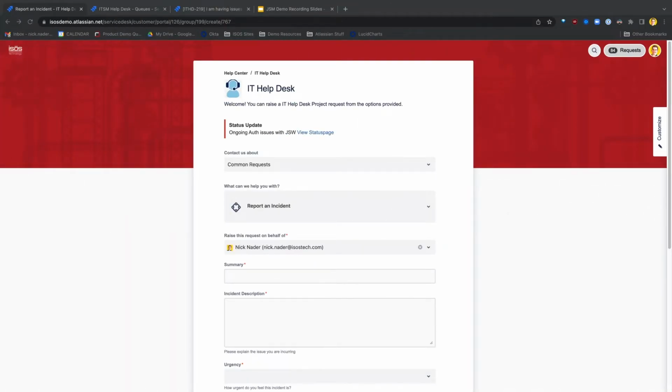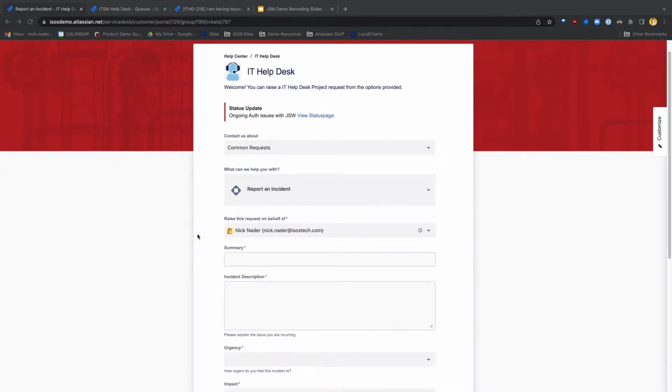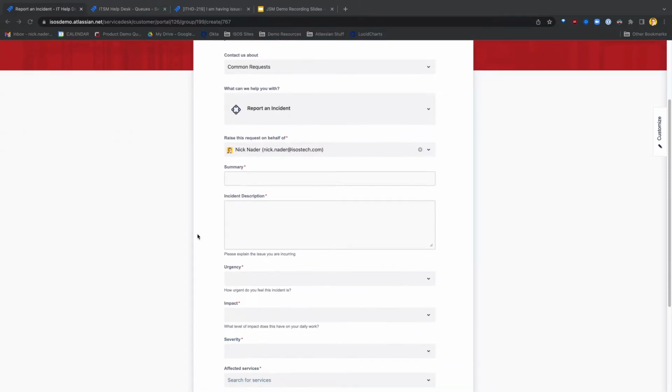The next topic I wanted to discuss is incident and change management within JSM. Now here from the customer perspective, we have additional request types and request forms out here in your service catalog dedicated to reporting an incident, as well as requesting a system change or a change to one of the services that you support. As you can see here, this is our report an incident form where you have several different